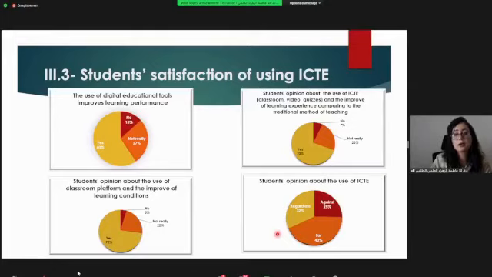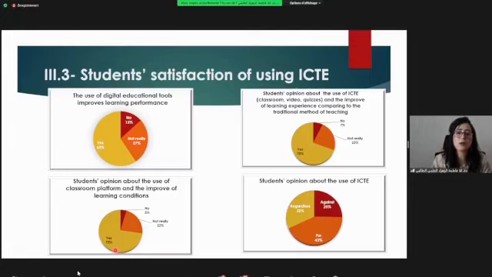Regarding ICTE use, 60% of students consider that ICTE has contributed to enhancing their learning performance, while 27% are not sure, and only 13% of them consider that ICTE has no effect on their learning performance or apprenticeship. However, 70% of students consider that they learn more effectively with ICTE than with a traditional way of teaching. Moreover, they attribute to ICTE